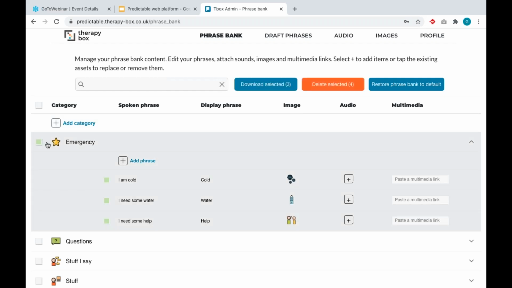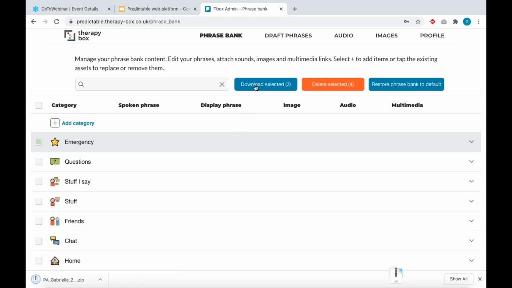So this is my emergency category, and let's say my father is a Predictable user, and I want him to have this category as well on his account. I can select this category and all the phrases that it contains, and download it in a zip file, as you can see here.